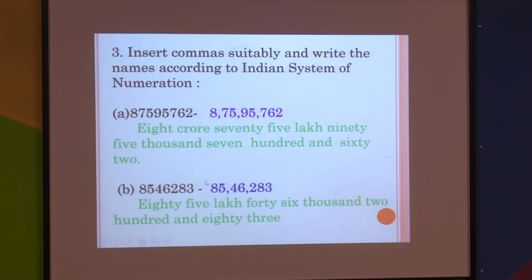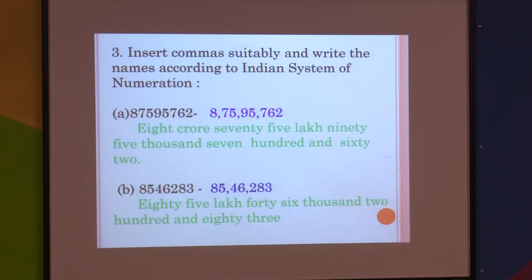Next question, again we have to start with giving the commas. Read the place values from right hand side, ones, tens, hundreds, give the comma between 6 and 2, separating thousands, then the place value of 6 is 1000, 10,000, give the comma between 5 and 4, separating lakhs and 10 lakhs. So now read the number and write it as well. 85 lakh 46,283 is the Indian system of numeration.